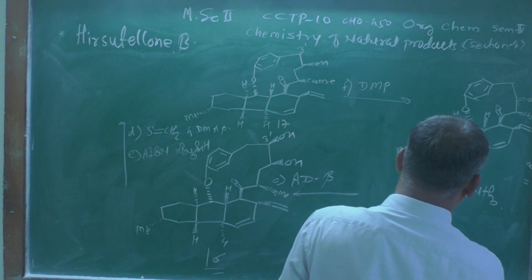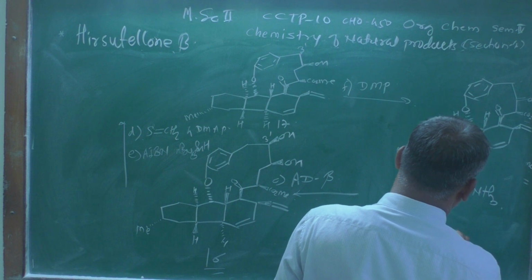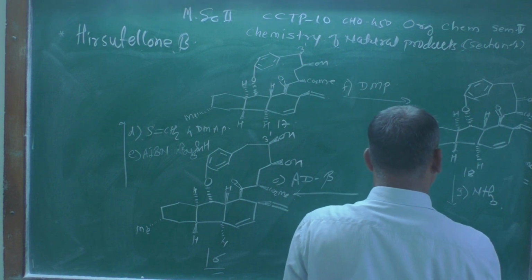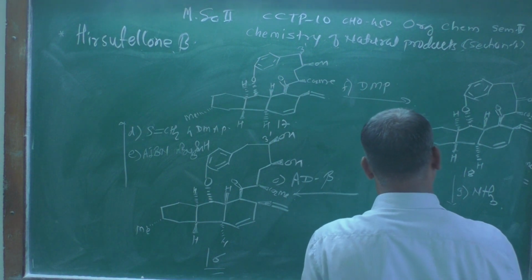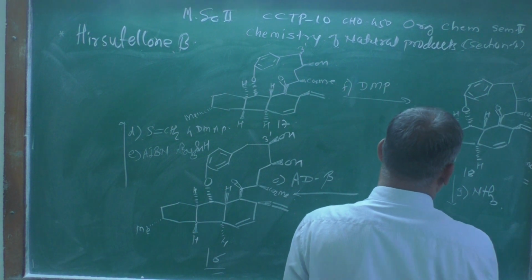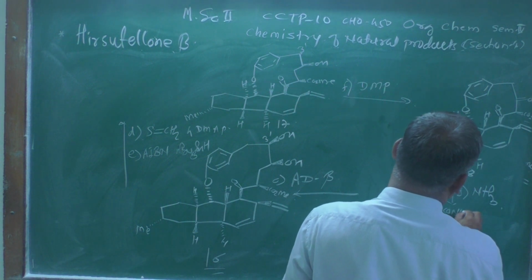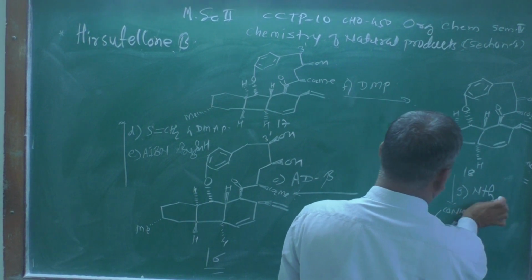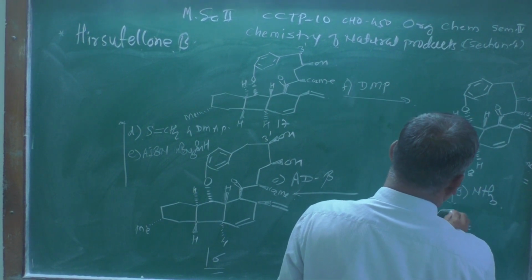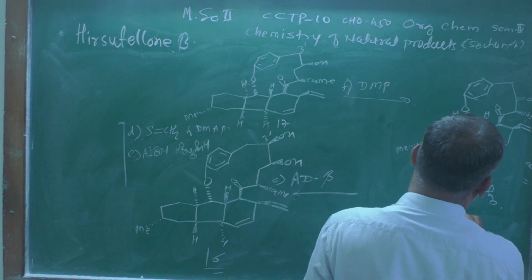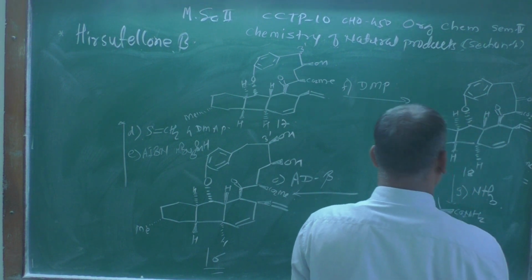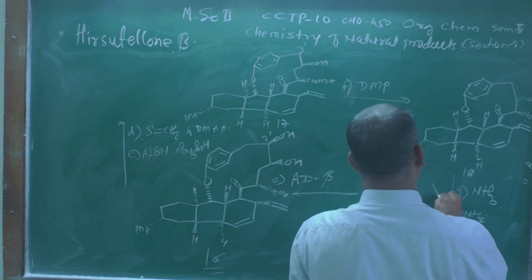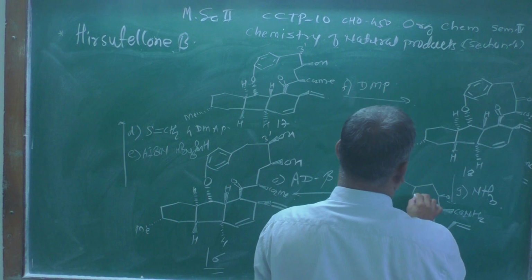This is the structure which I am showing over here, with a double bond. Here this group is always above the plane. Here this group is always above the plane. Here is the carbonyl group, and here it becomes CO NH2, an amide type of group, and then here is a C double bond O.